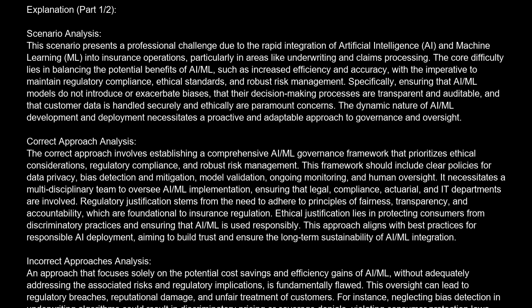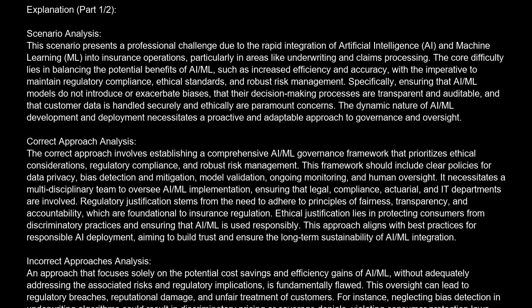Correct approach analysis. The correct approach involves establishing a comprehensive AI/ML governance framework that prioritizes ethical considerations, regulatory compliance, and robust risk management. This framework should include clear policies for data privacy, bias detection and mitigation, model validation, ongoing monitoring, and human oversight. It necessitates a multidisciplinary team to oversee AI/ML implementation, ensuring that legal, compliance, actuarial, and IT departments